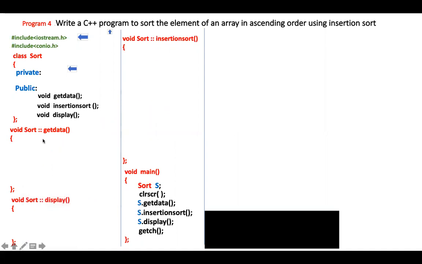Okay. See, wherever you want, you can write your method. Even this display method, you can write first over here. But whenever your program starts executing, it will start from get data, then insertion sort, then display. How will the computer know that it needs to run the program in that fashion? See, here you have to give the arrangement. First you have given get data, then insertion sort, then display.